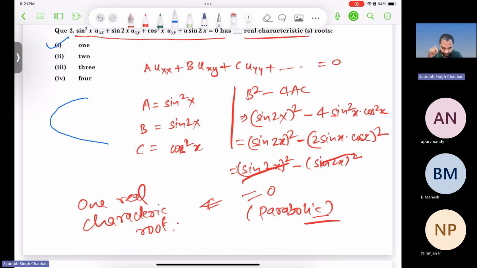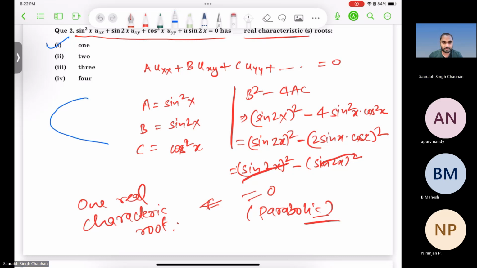So information will travel immediately. If there is a disturbance at any point, it will affect all the points in the space immediately. And a hyperbola has two openings, so there will be two families of